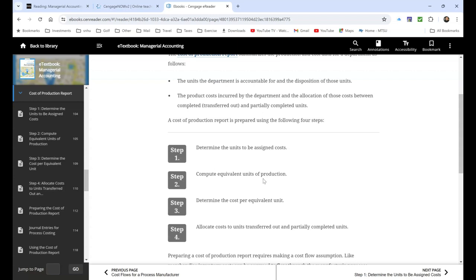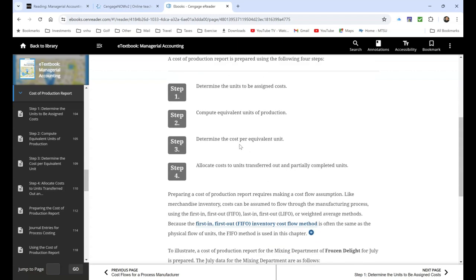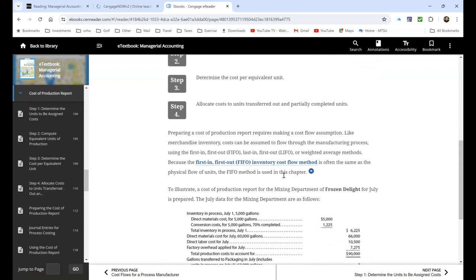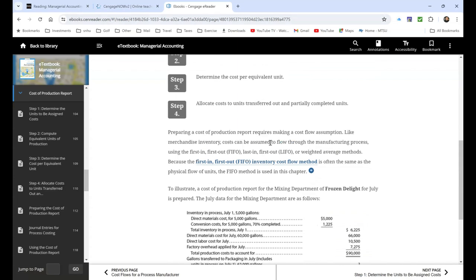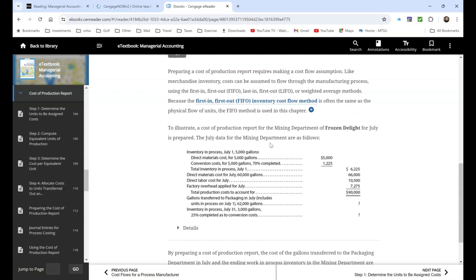So we're going to compute equivalent units of production. We're going to determine the cost per equivalent unit, and then we're going to allocate it based on that. And you can use first in, first out, LIFO, etc. But we're going to look at FIFO because that really mirrors the actual physical flow of the materials. All right, so we started at the month. We had conversion cost 70% completed. So at the beginning of the month, we have in work in